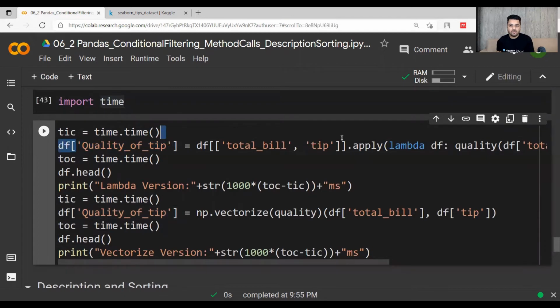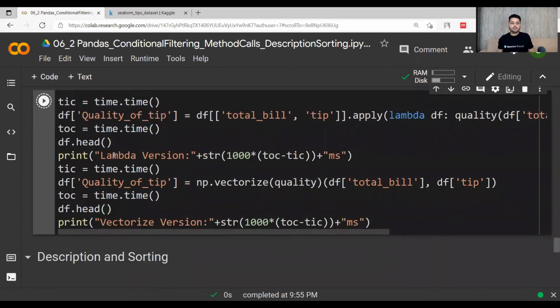This lambda function is being passed here, and these are the two functions which are calculating the time. These are actually the timestamps before and after the function that is being run. The same has been done for the vectorize technique. So these two are being compared for how much time they take.